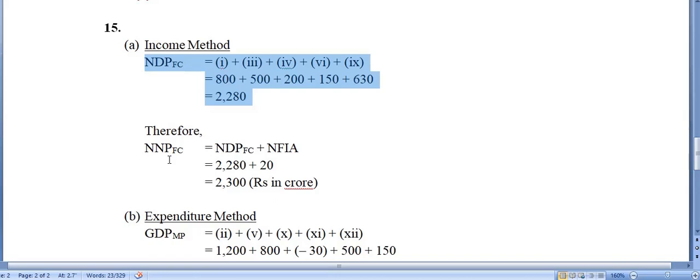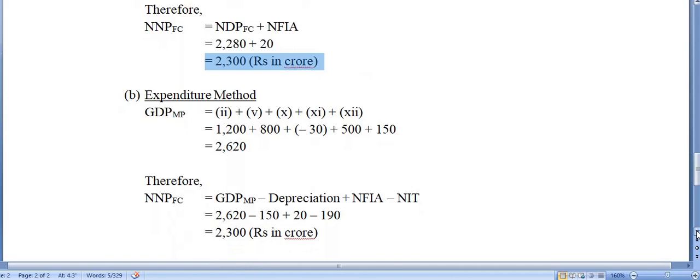After finding NDPFC, it's very simple to convert it to NNPFC. We know that national income is NNPFC only, right? Have a look at the first letter: this is N and this is also N, the same thing. No need to worry about that part. Now this is your domestic, whereas this is your national. So domestic to national, plus NFIA, using that conversion chart. This P is P again, and FC and FC, same thing. So NDPFC plus NFIA, you will get the national income here. Okay, now